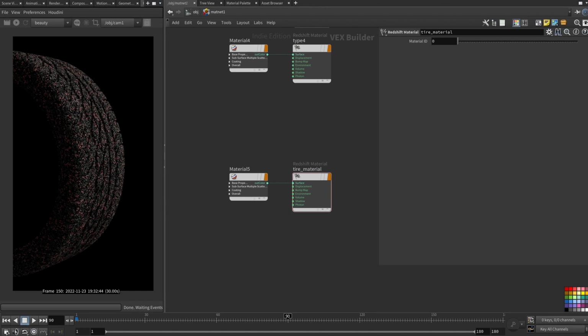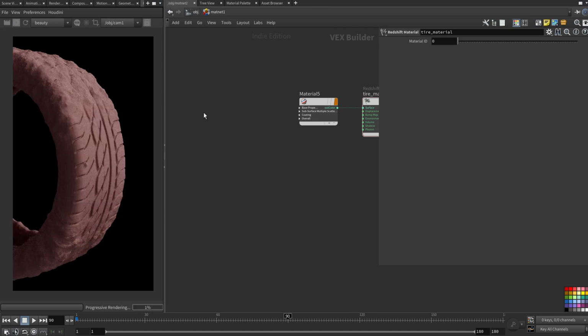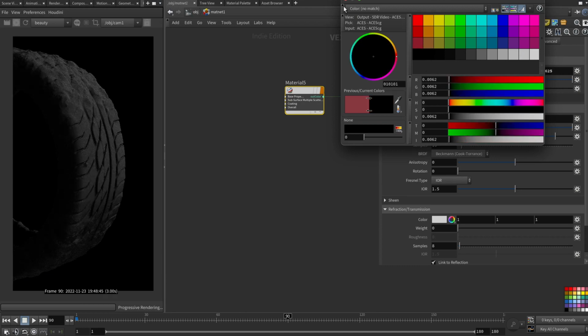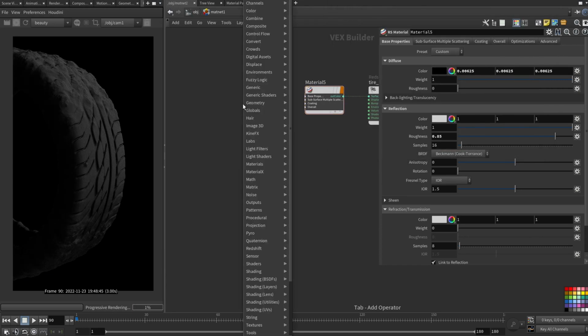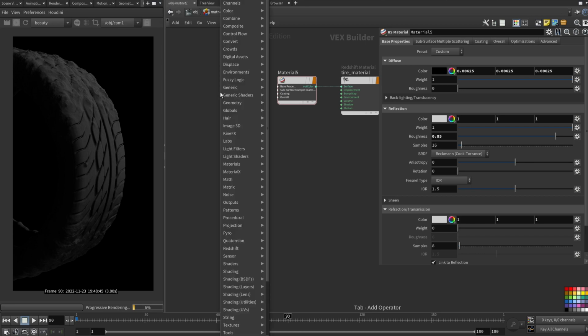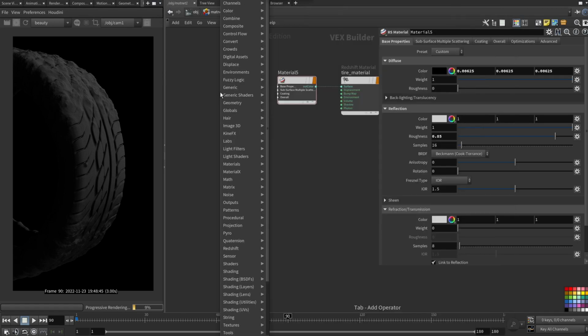Let's go to the material network and let's start building this pretty complex material, I would say. So first of all, let's see how it looks right now. Looks pretty awful, I would say. First of all, the color. Let's set it to be sort of an off black color. Then I see that we definitely should add the opacity, because right now it's just something really weird. I don't get it right now, but hopefully if we drop a particle, nope, RS particle point